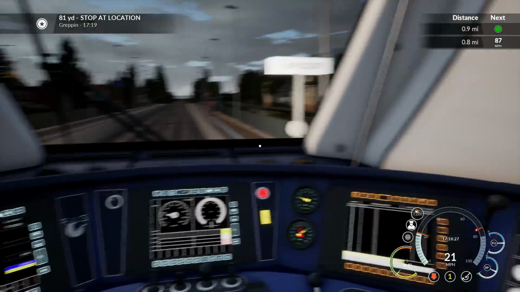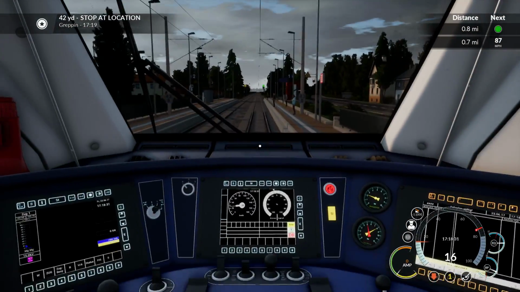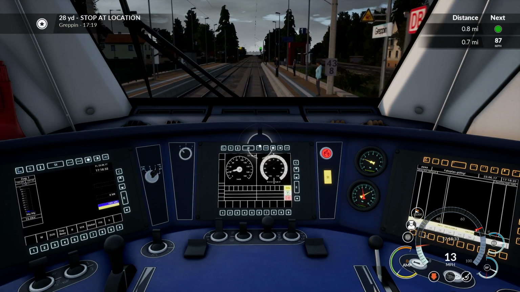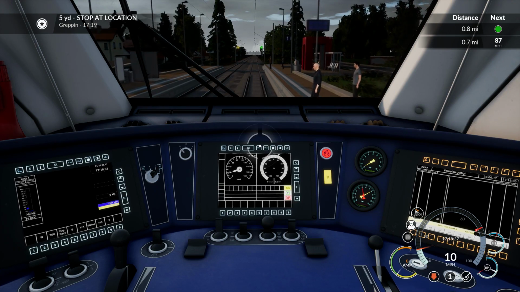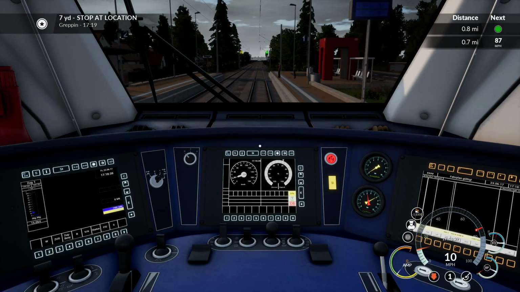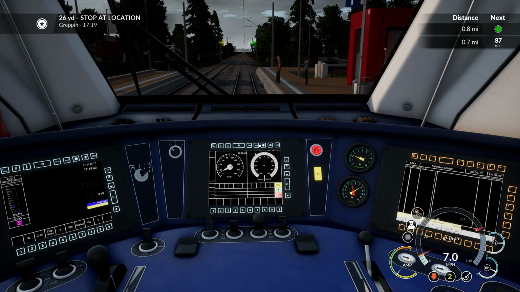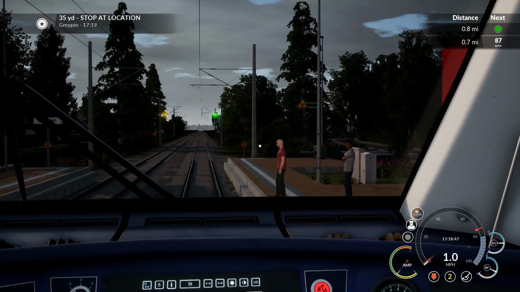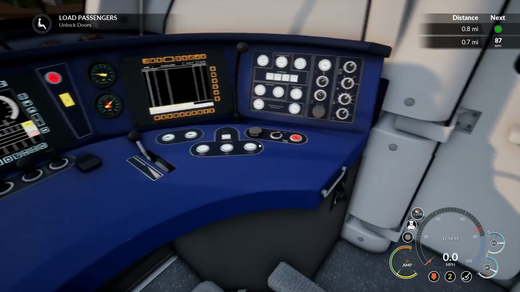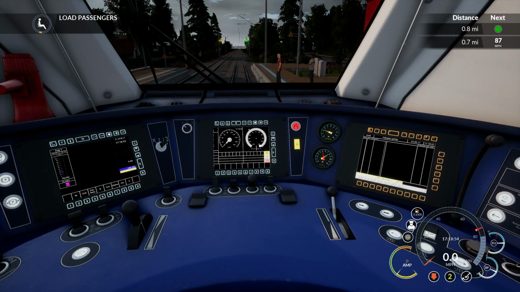Right, we're in a Greppin. Come on. The train has no power. And I will just stop it right there. That looks good enough to me. I understand some of these. Right, let's unlock the doors. I do understand some of what's going on, but the fact that there's no...